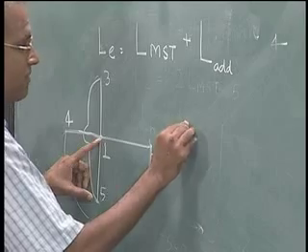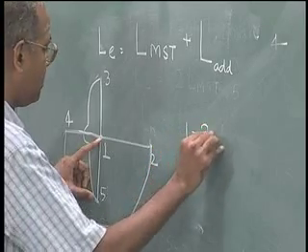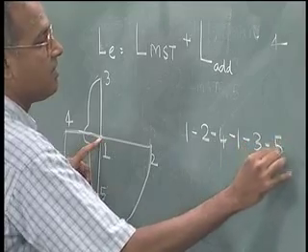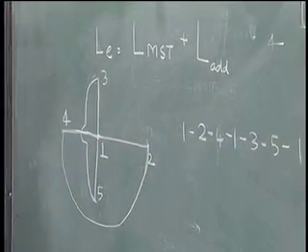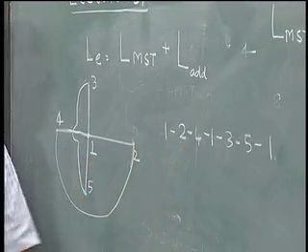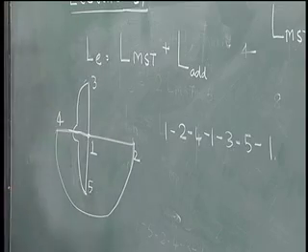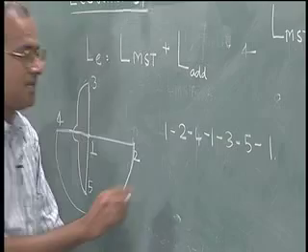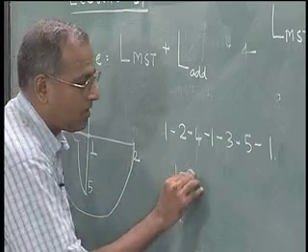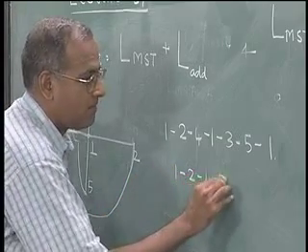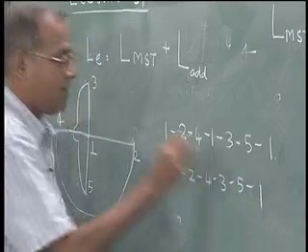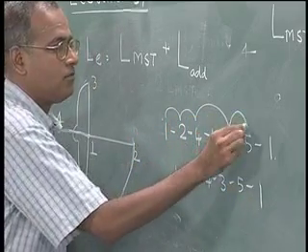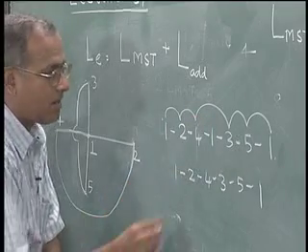For this example it will look like 1 to 2, 2 to 4, 4 to 1, 1 to 3, 3 to 5 and 5 to 1. So we will have an Eulerian circuit like this, and as we did in the earlier case, we can go back and get feasible solutions to the travelling salesman problem. They could be 1, 2, 4, 3, 5, 1, that is 1 to 2, 2 to 4, 4 to 3, 3 to 5, 5 to 1, or it could be